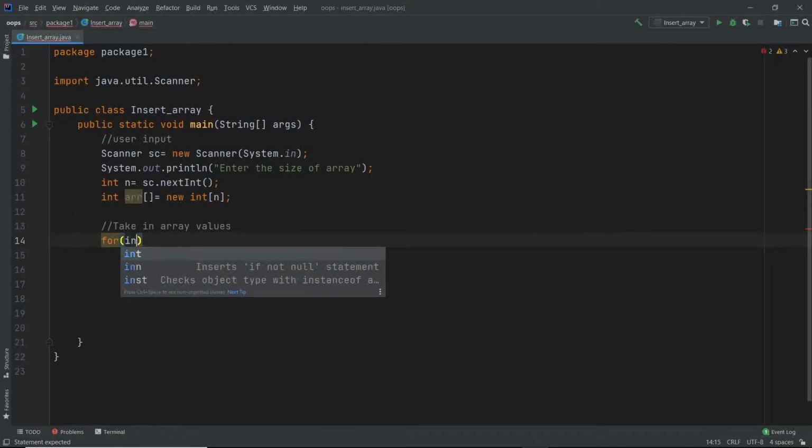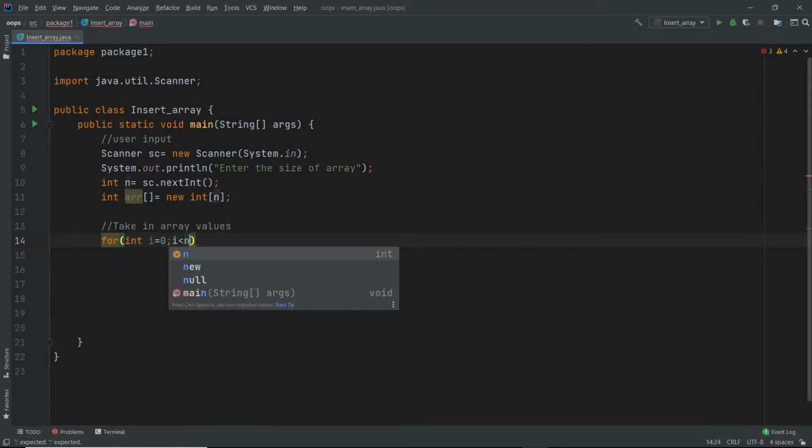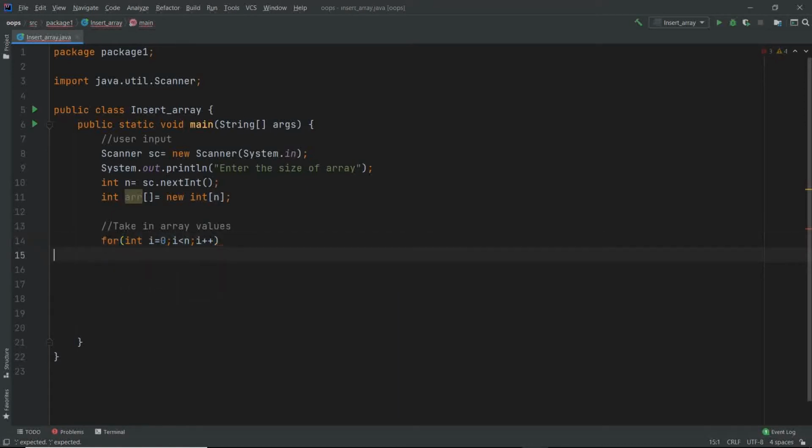We have discussed this in our previous array video, so that's why I'm not talking about the basics of arrays. So for int i equal to 0, i less than n, i plus plus, arr of i equals sc.nextInt(). So here we are taking in the array values.